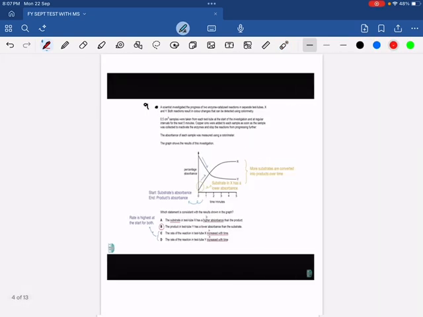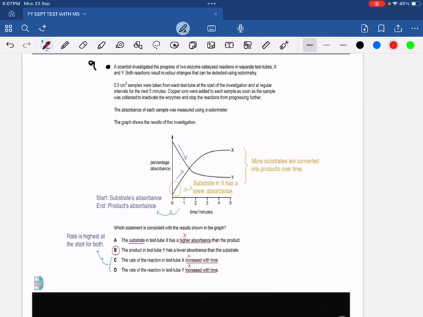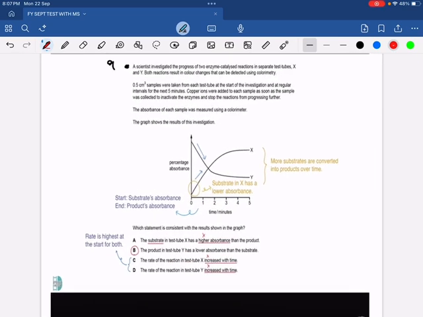And now MCQ number 9. So for this, I'm sharing this screenshot with you. Now, if we look at this reaction, we've got two test tubes, right? We've got test tube X and we've got test tube Y. Now, you have to remember that as the time is progressing, I repeat, as the time is progressing, there will be less and less substrate and more product. So it would not be wrong to say that at the start of this time there is more substrate, and as the time is ending there is more product.